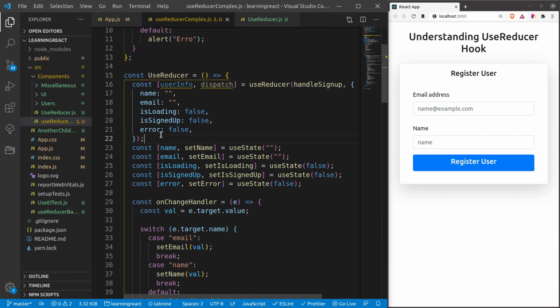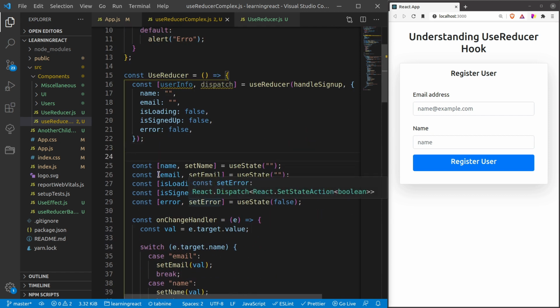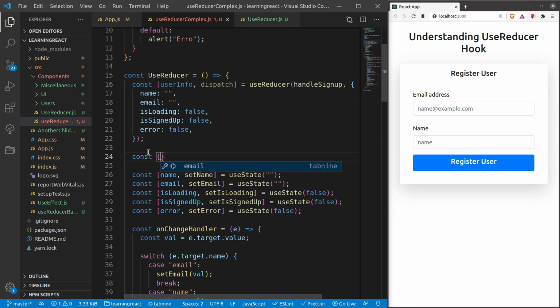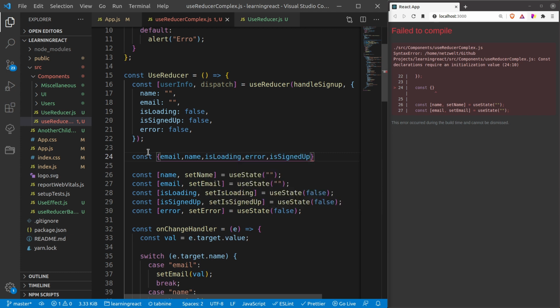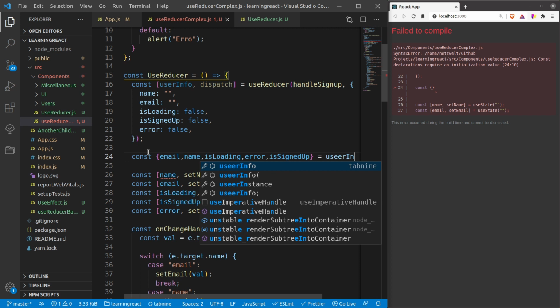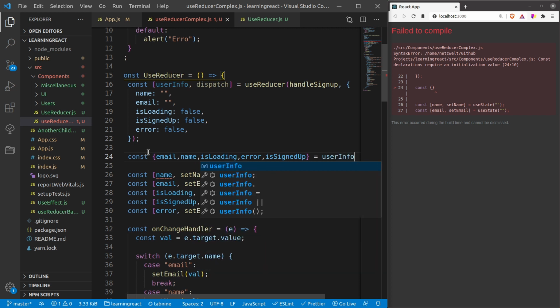So in order to actually use this, let me also destructure this user info. What we need to do is const email, name, is loading, error, is signed up equal to user info.